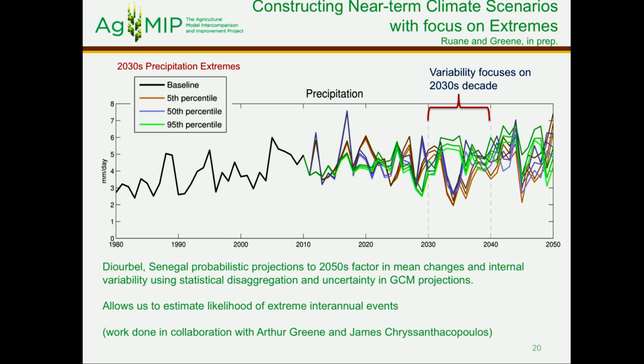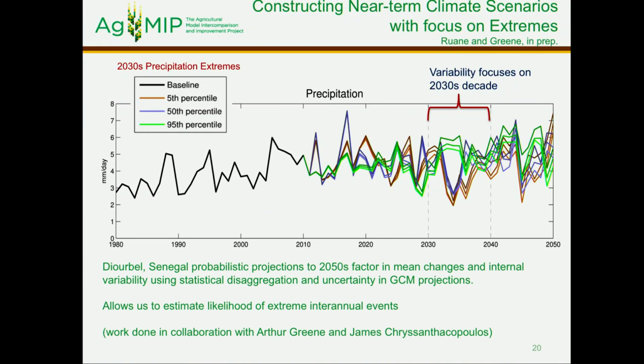And then you can use the uncertainty in the GCM projections to go forward and give some kind of probabilistic approach of what various extremes might look like. So in this case, we're looking at Diorbal, Senegal. This was a run we did in West Africa. We ran 10,000 different versions of the future and picked out the 5th percentile, 50th, and 95th percentile of rainfall